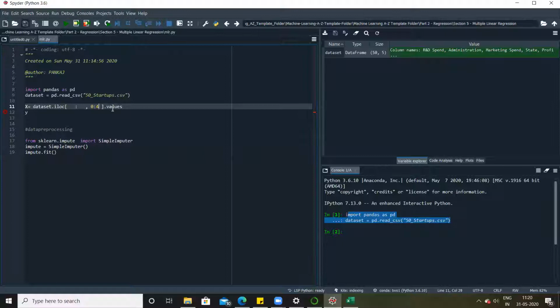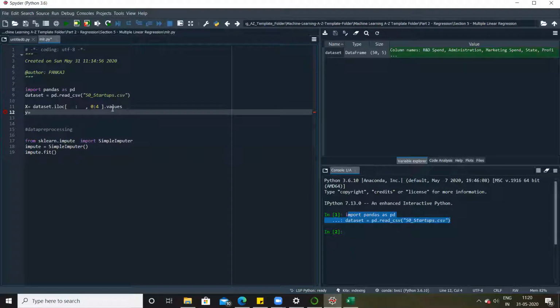So this becomes my X. Similarly, my variable Y, using capital notation, is dataset.iloc, square bracket, .values. Inside, I'll divide it into rows and columns. I need all the rows, and from columns, I just need index 4 till 5.